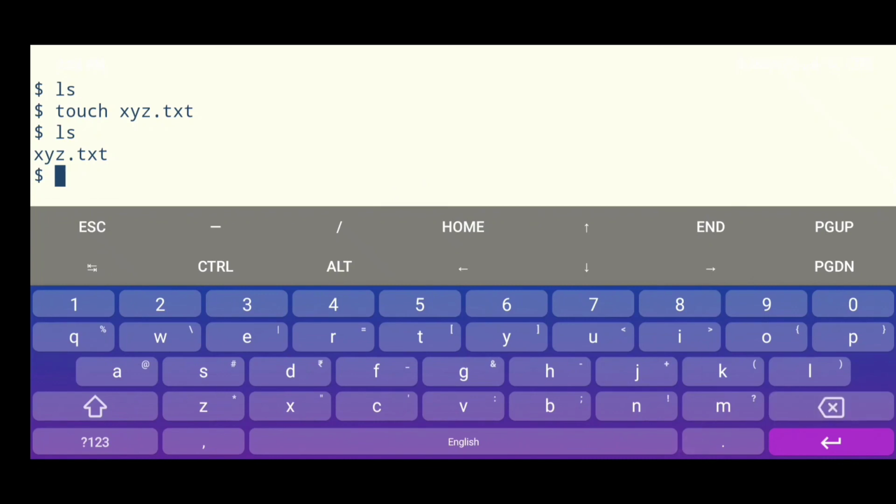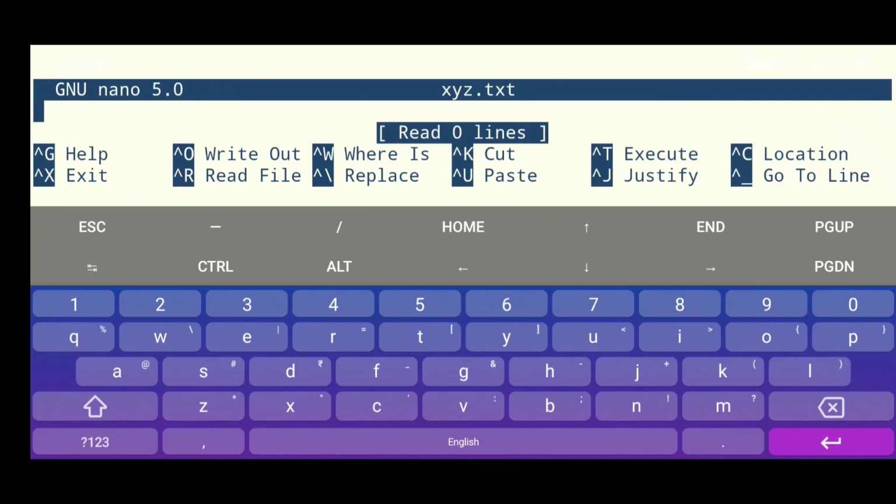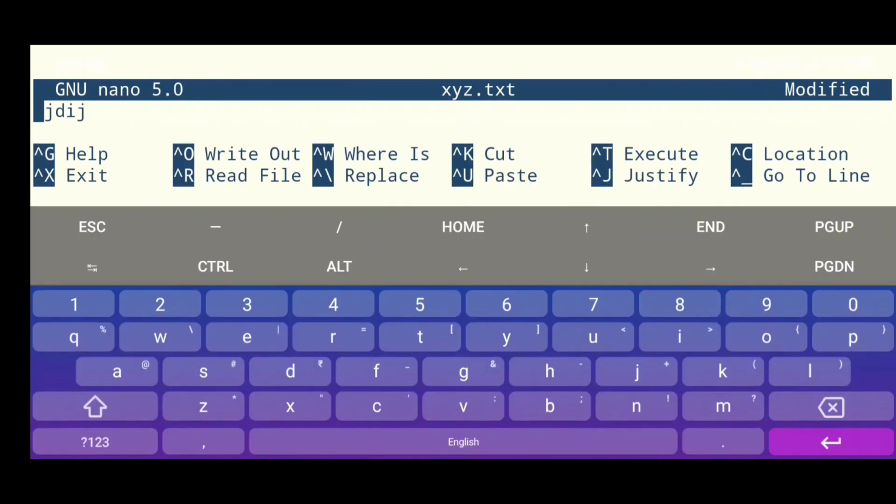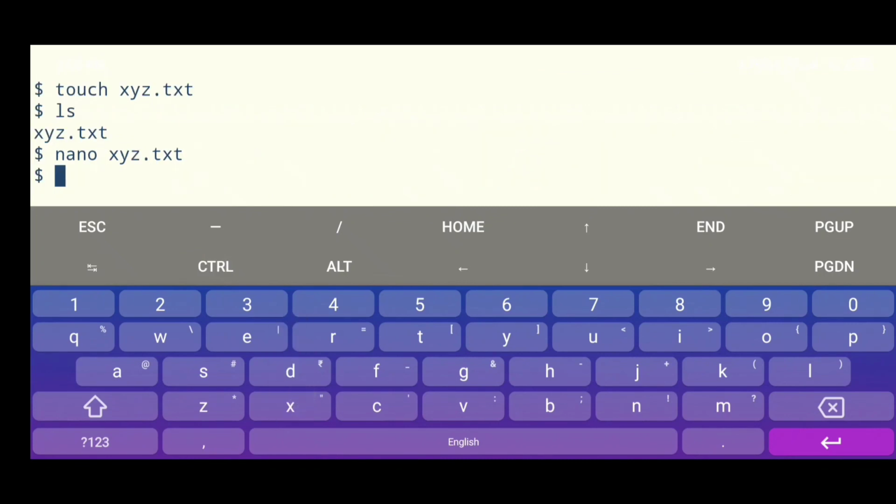Now to edit that file we can use any text editor. For simplicity I am using nano text editor, that is nano xyz.txt. Now you can write anything inside that xyz.txt file. You can see we have randomly written some words inside that text file. Now we can save it using Ctrl and O command and exit using Ctrl and X command.